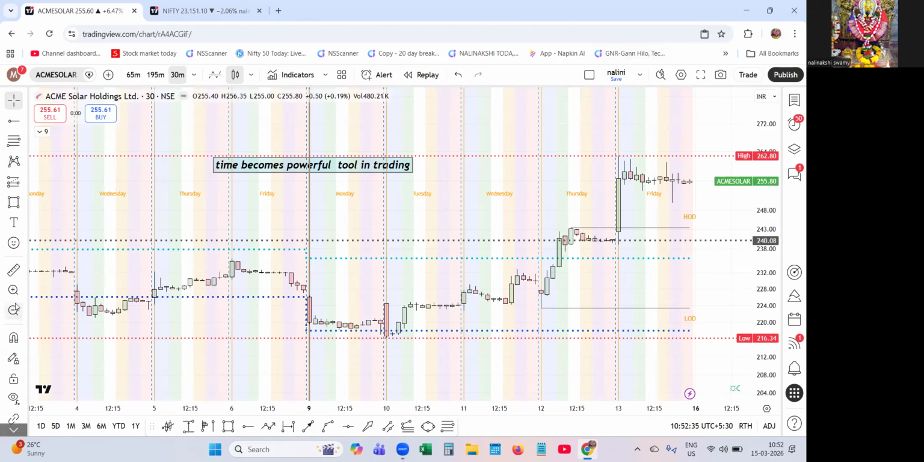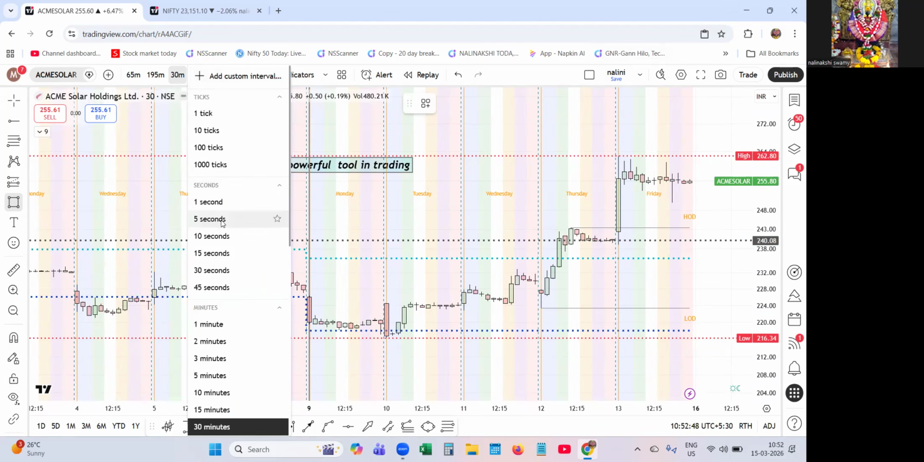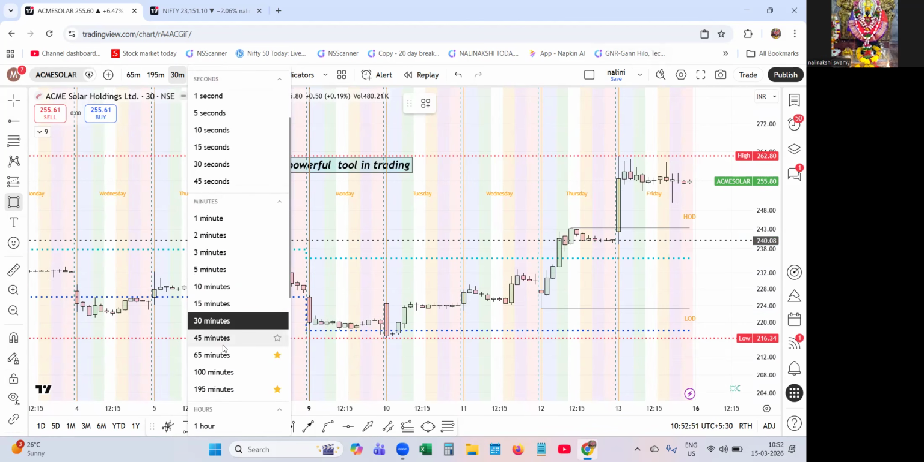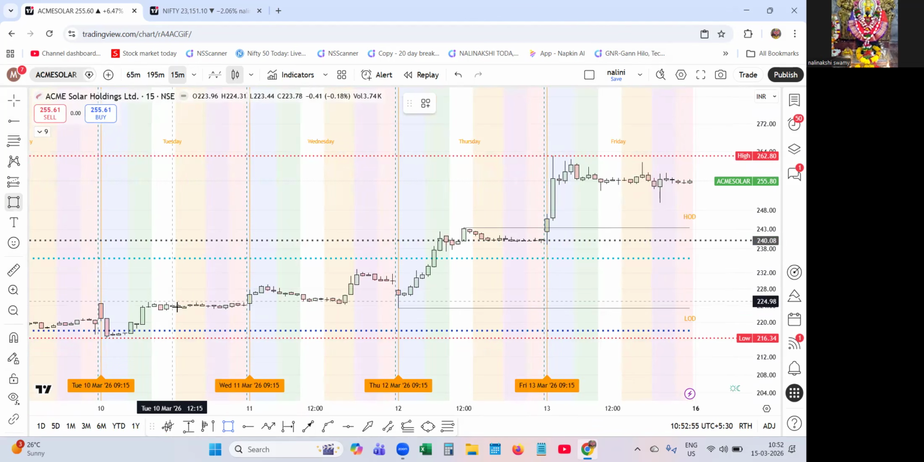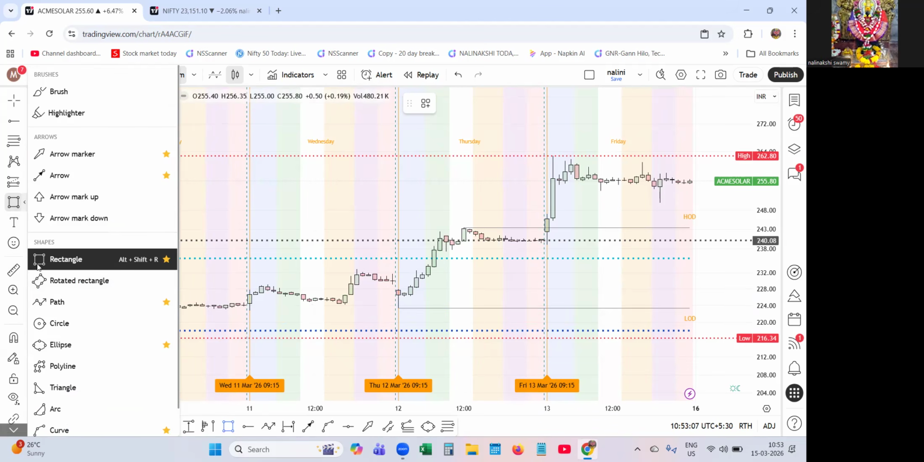Let me take a small rectangle to highlight. Since I am in 30 minutes, this is two 30-minute candles. You can see, let me make it 15 minutes so that clarity comes into the trade. So this is the range of the mid 65-minute, which runs from 11:30 to 12:50. So here you can see the range was flat,